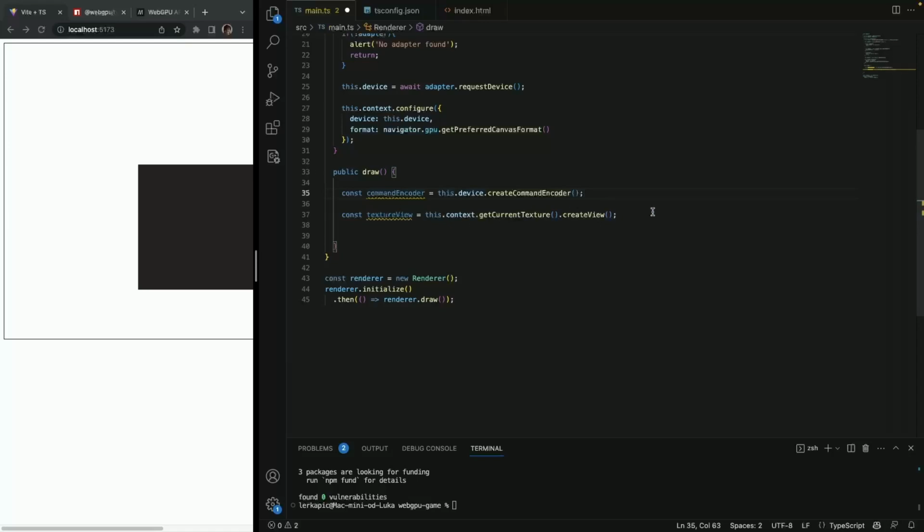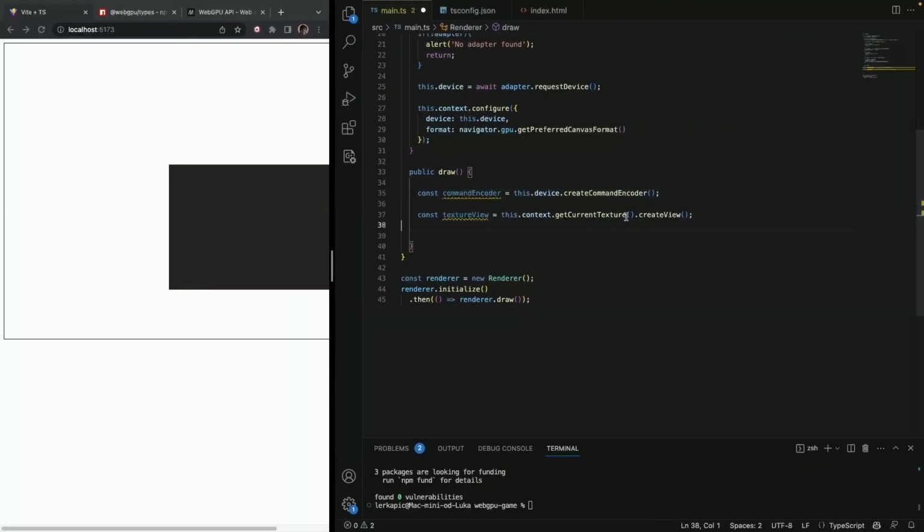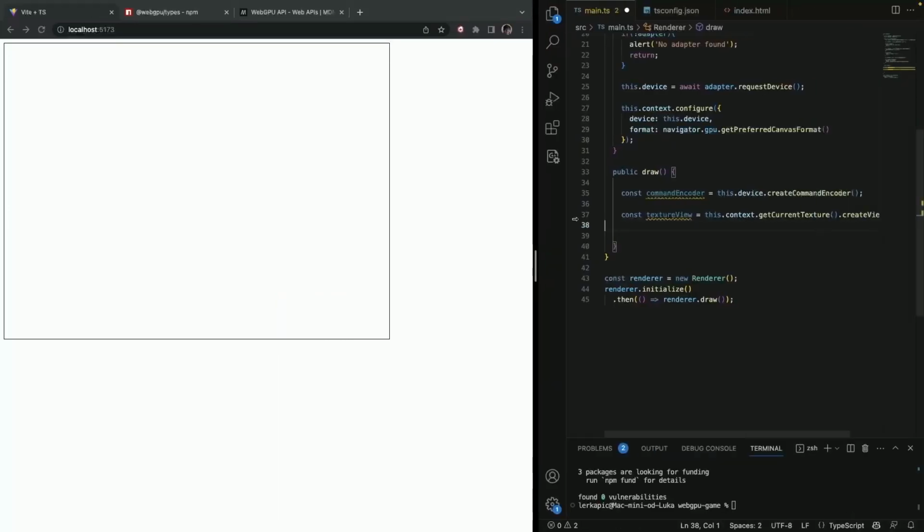We need it here. Texture view is, let's explain it like this. You can see the context here, and then get current texture. So we actually get the texture of a context, and it works like this. Let's get this. So we have this canvas element. Okay, drawing with arrow. I'll remove the arrow for now. So we basically have this canvas element,